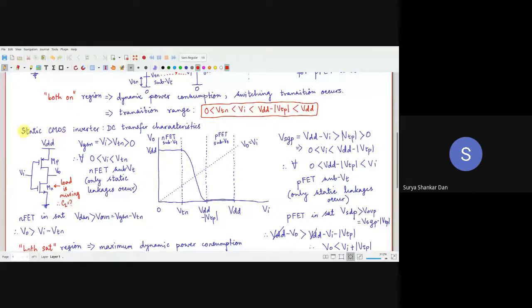Then, the static CMOS inverter. First of all, why are we putting so much importance on the inverter? Because as you can understand, the inverter is the simplest digital CMOS circuit you can think of, right? So why are we emphasizing so much on the static CMOS inverter? Based on your VLSI design course, I would want you to answer. Can you switch on your microphone and tell me why we are putting so much effort into studying the static CMOS inverter?